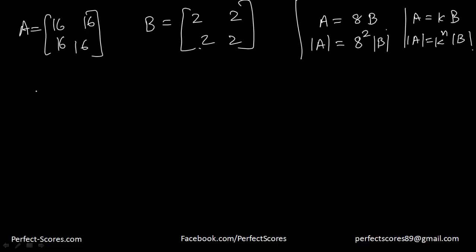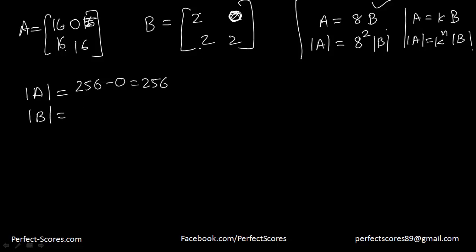Now if we try to find the determinant of A, we're going to get a 0 here, so let's change our example a bit. Let's say we have 8 times B, so let's suppose this is 0 and this is also 0. Similarly, still A is equal to 8 times B. Now 16 into 16 is 256, minus 16 into 0 is 0, so I'm going to get 256. And the determinant of B is 2 into 2, which is 4, minus